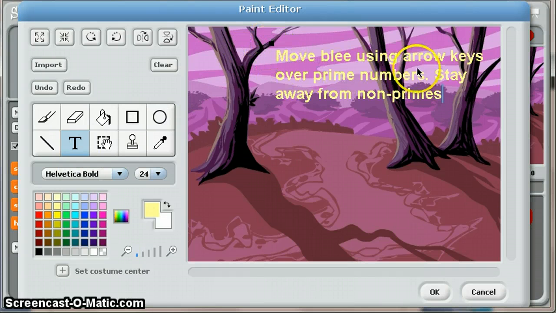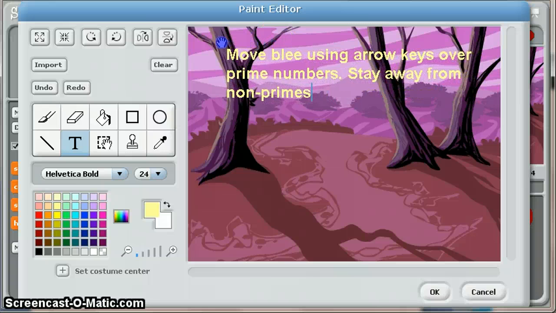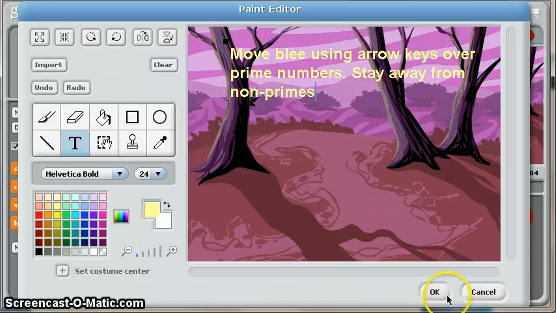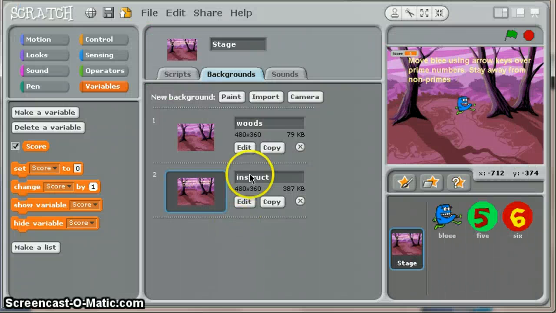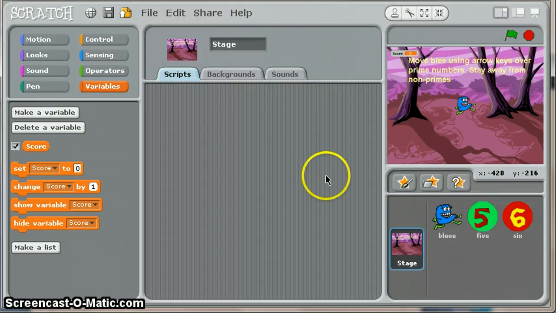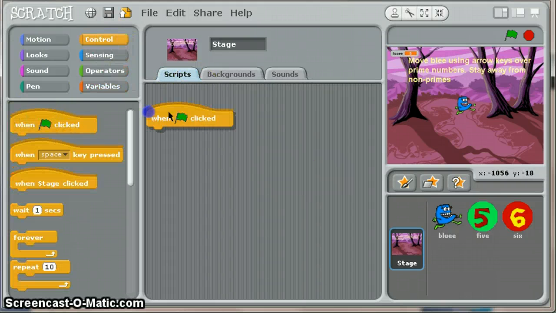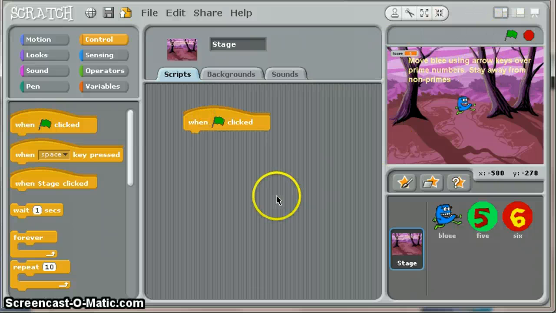And you can also, if you want to move it slightly, so I want to move this in a bit, if you move your mouse over the black square in the corner, you can pick up your text and move it like so. That's my instruction screen. Now to add that to the beginning of the game, I need to go to scripts here, and I need to say something like when the green flag is clicked, because lots of different things are going to happen when green flag is clicked, but one of the things we want to happen to the background is that we want to say